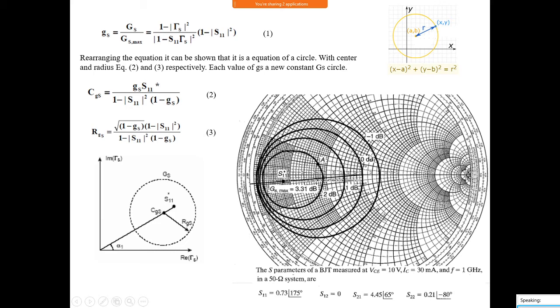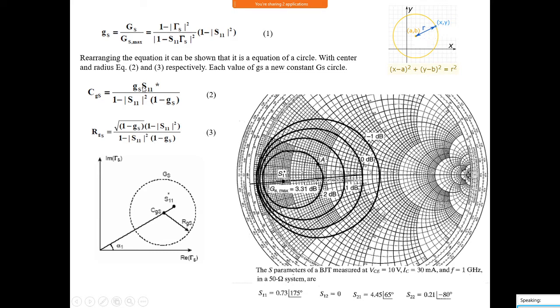See, I have shown circles like this, they may not be here, they may be anywhere. So like this we can draw circles. So 2 dB means I want GS equal to 2 dB. That forms a circle like this, and any value of impedance you take over the circle gives the 2 dB. You understood now? How to draw the circle? That is by taking the center and radius. I will draw it and show you in the next classes.